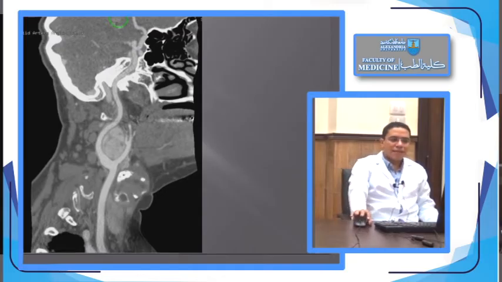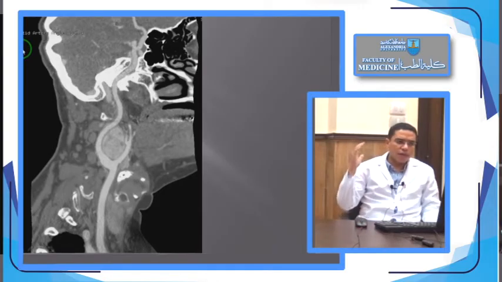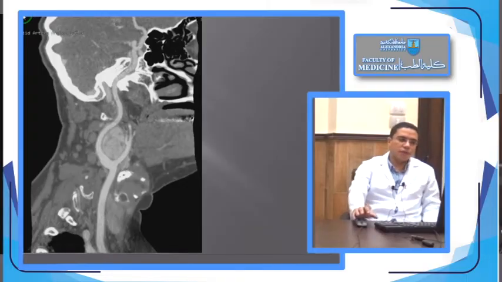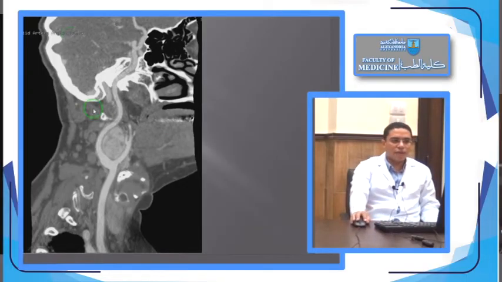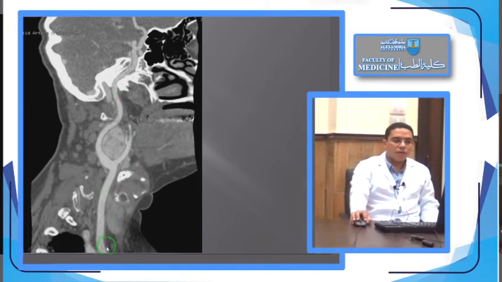This is a CT scan, but the view here is different. We are looking at the patient from his side, from the lateral view, and this is called sagittal view. So this is a CT scan of the head and the neck. What is the view? Sagittal view, and of course it is with contrast because the vessels are very evident here,